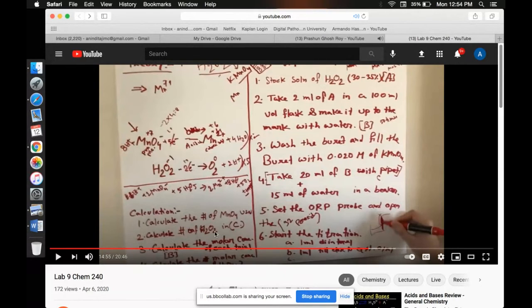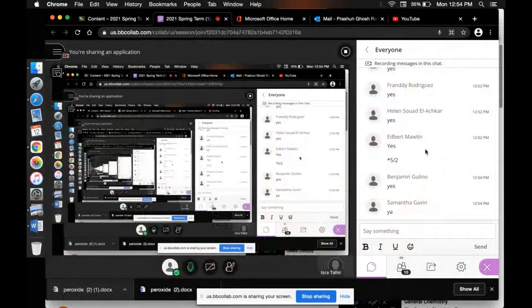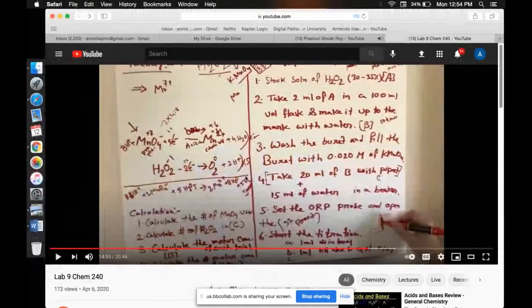Calculate the number of moles of hydrogen peroxide in C. It is a 2:5 reaction. So take the number of moles of KMnO4 you used, and if you multiply it by 2.5, you'll get the number of moles of hydrogen peroxide. You understand this one? How to calculate the number of moles of H2O2 in C? Okay, great. So you know how to calculate the number of moles of KMnO4 and